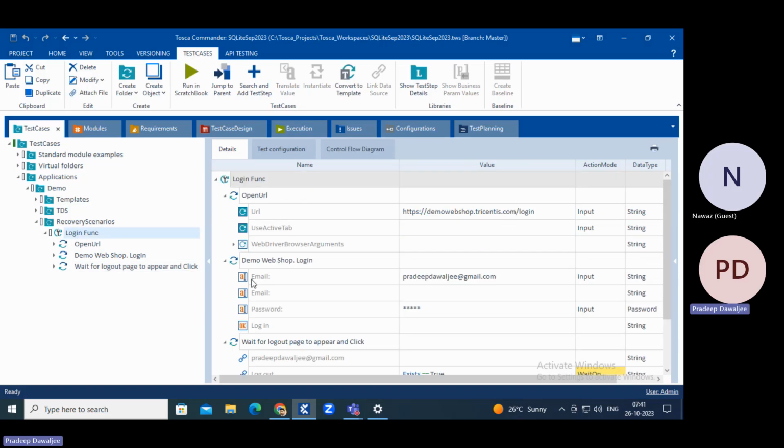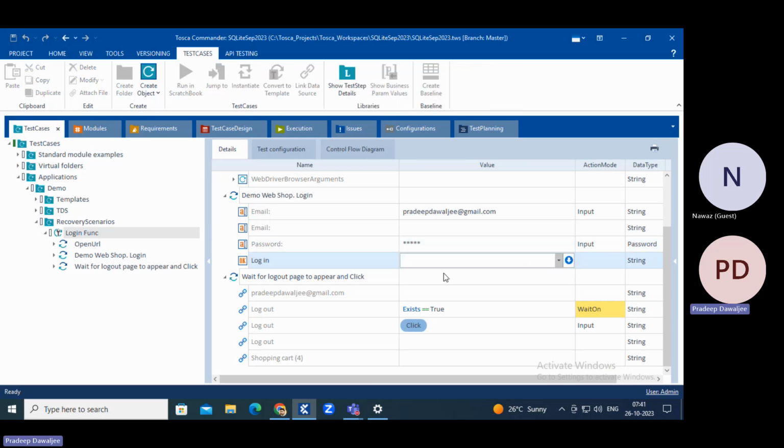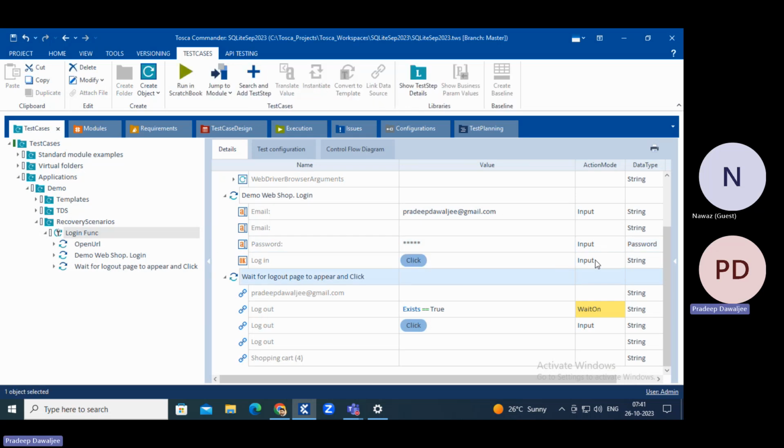Just open browser, email, password, and we are waiting for logout. So the test case would get failed because we haven't clicked on login, right? Let's say if I use login also, in this case the test case might get passed, right? So in here,